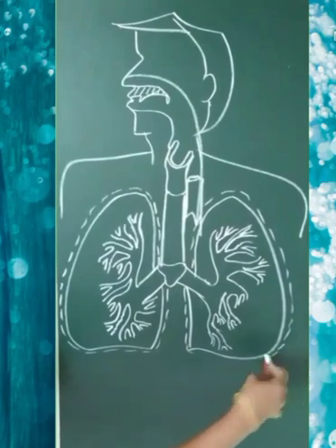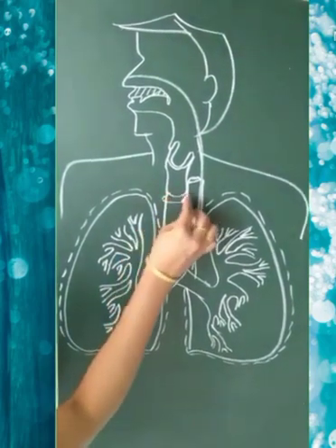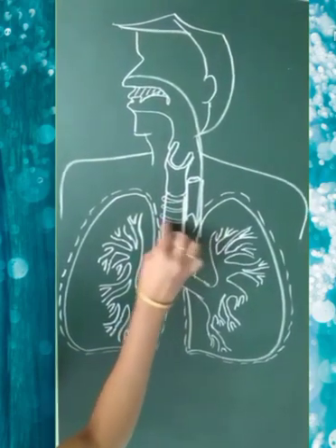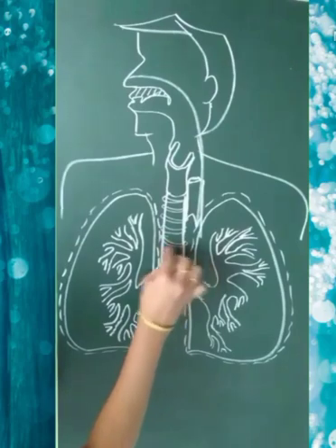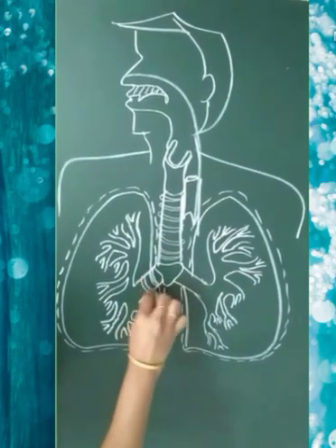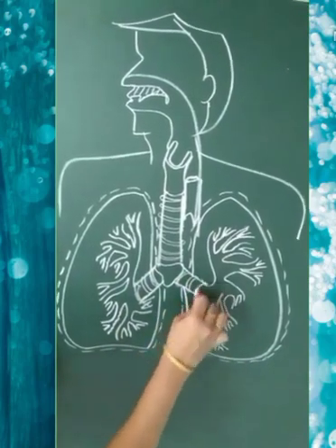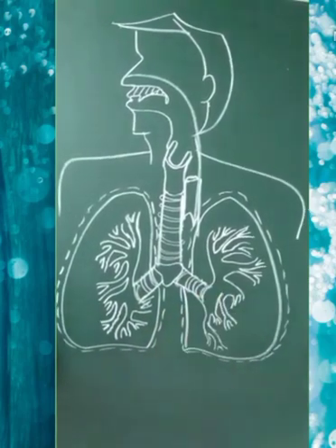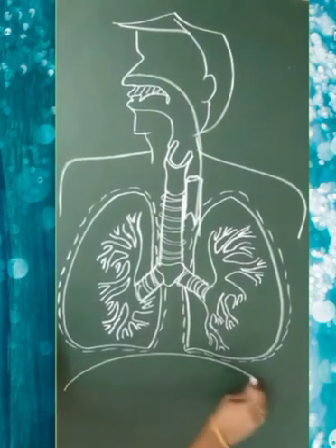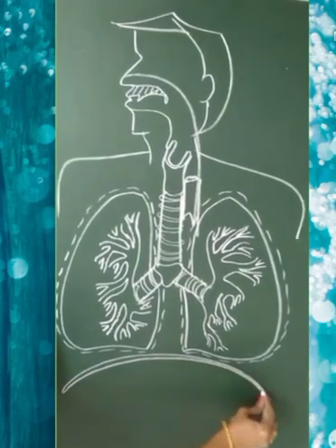And later we have to cover the trachea with the cartilaginous rings which support the trachea. See, actually the trachea should extend a little further into the throat also. Okay, I just made it a little lower. Bronchus also will have the cartilaginous rings, but bronchioles will not have any cartilaginous rings. Okay, and below the lungs we have the muscular sheet called the diaphragm, which is important in respiration.